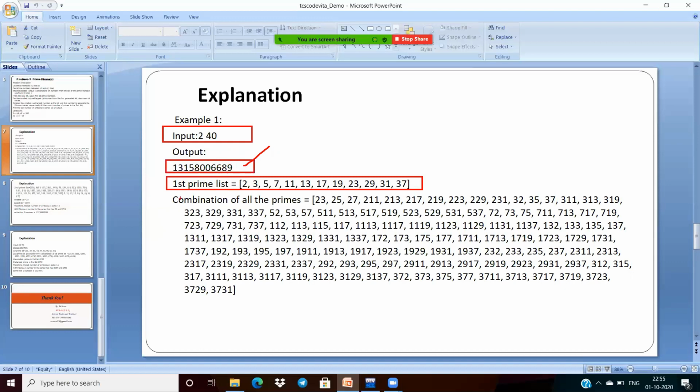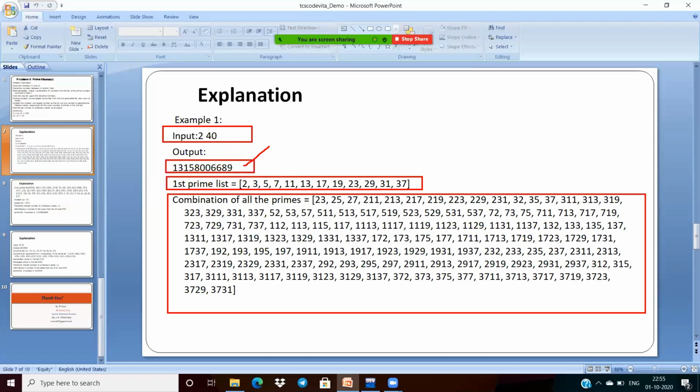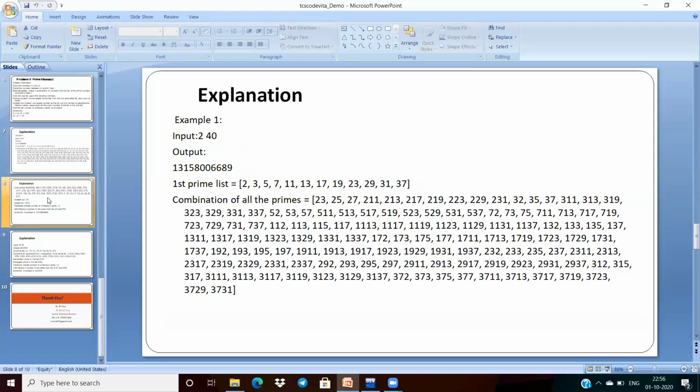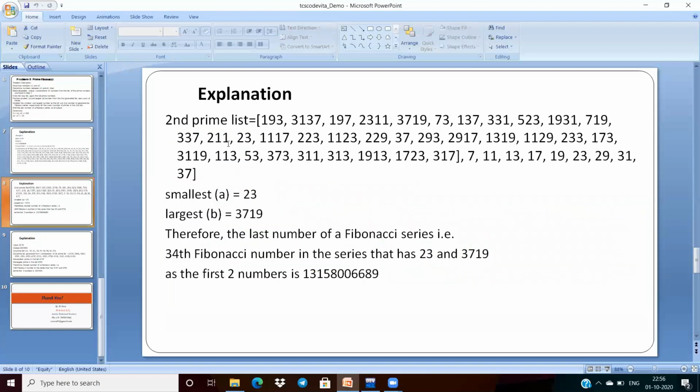After some modifications, we have to provide a combination of all the numbers, verify, remove all duplicates, and find only prime numbers from the existing list. From this, select minimum and max, which are the inputs of the Fibonacci series, and find out how many terms there are totally.